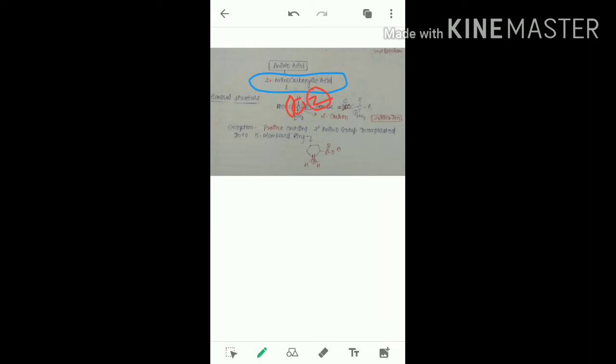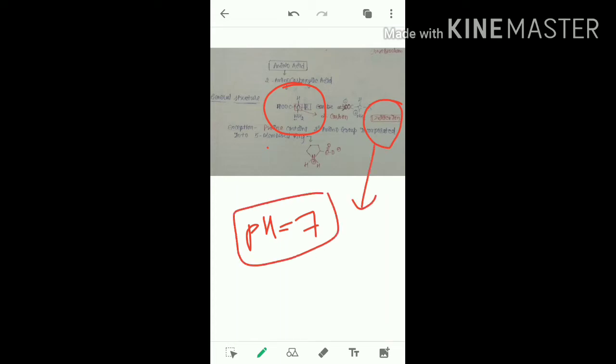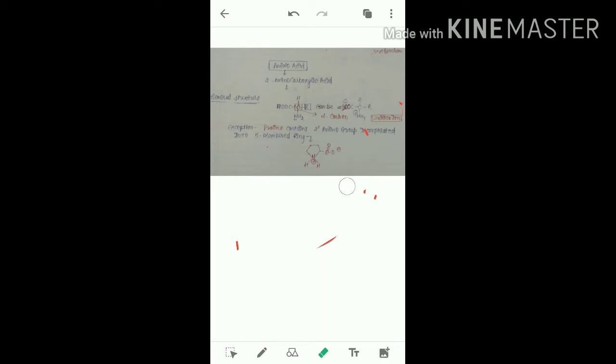So, 2-amino carboxylic acids, amino acids, generally exist in zwitterionic form at neutral pH. As we know, amino acids fulfill various functions in the organism, and they also serve as the